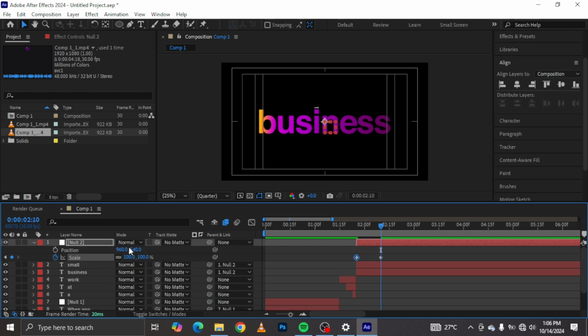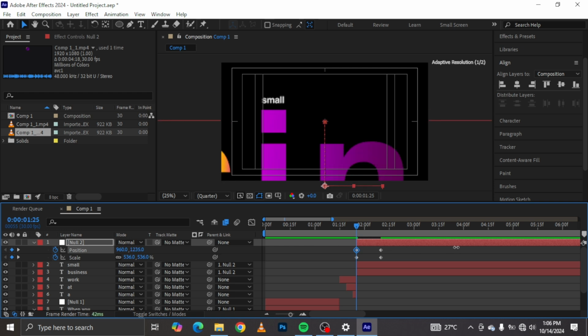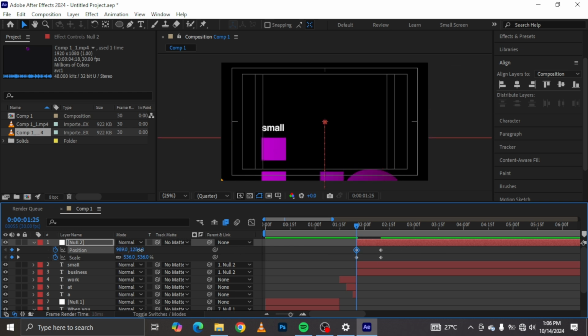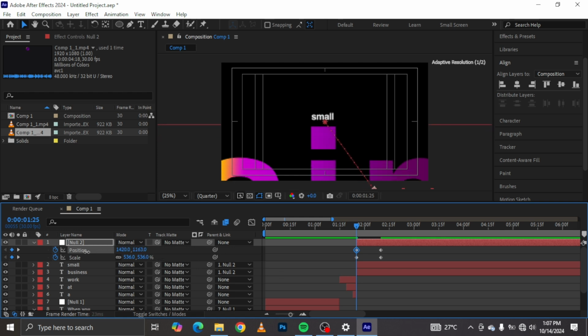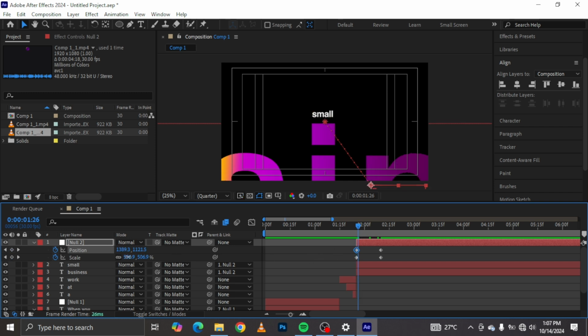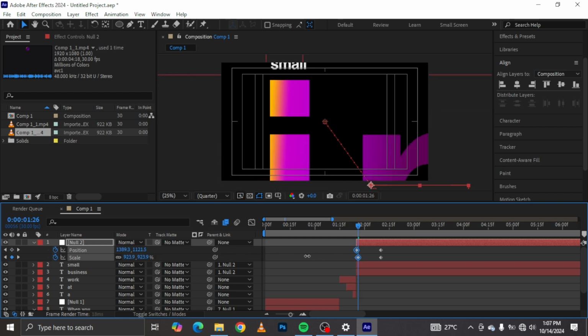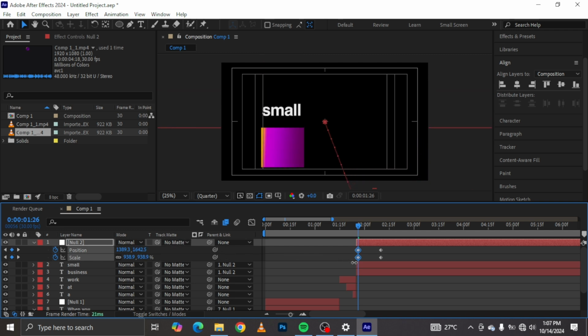Hold Shift P to also bring up the position keyframe. Make a keyframe there, pull back to the beginning, and I'm just going to position it like so. Okay, so it's still too close, and what I can just do is continue increasing the scale. Cool. And let's just position it down, bring it this way again,